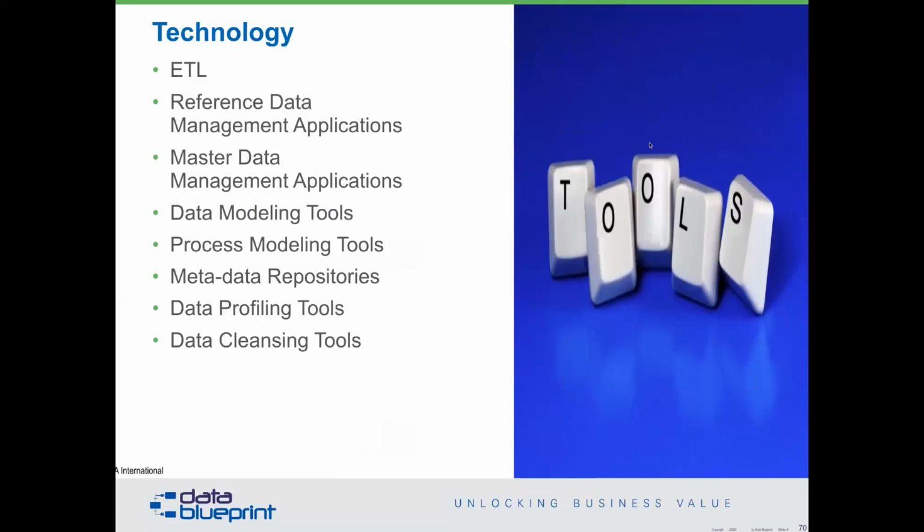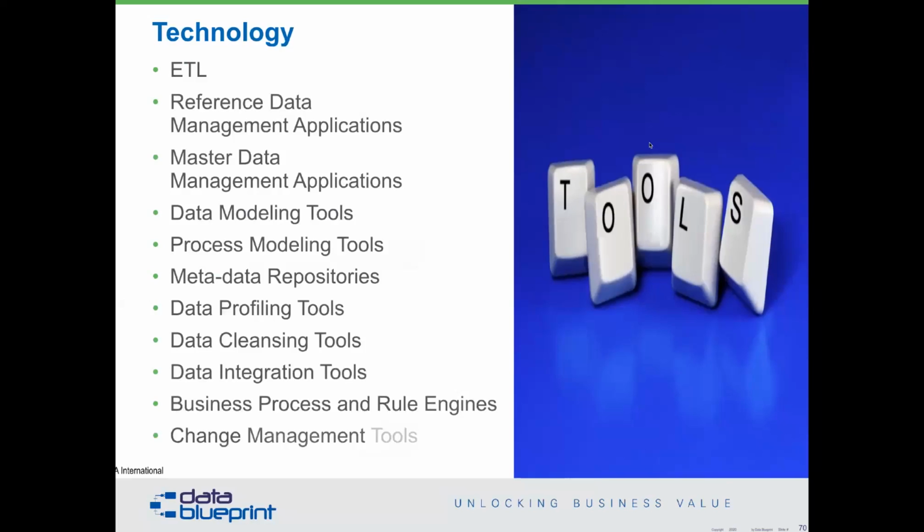All of these building blocks are great places for you to go back and start to say, what is happening, where are we on our journey in this, and how can we make these tools useful to the value that we're trying to get to in the organization. A couple of things on the last part of this. When you start to look at business process and rule engines, that's not something that's very popular around this. And I do want to shout out to Ron Ross, who's got a new book on business processes. I think it's called Information Blueprints. I may have to get him to give me a little money since he's using some of my copyrighted terms there. Just kidding, Ron.